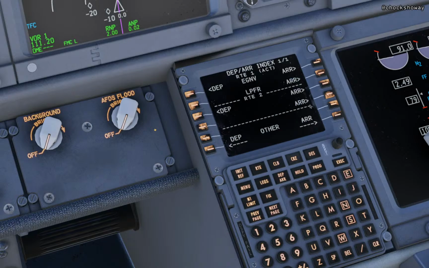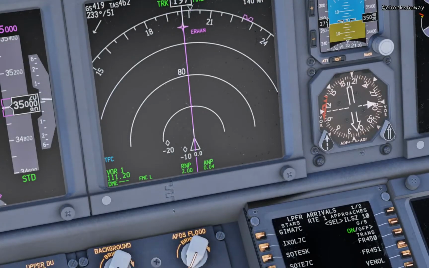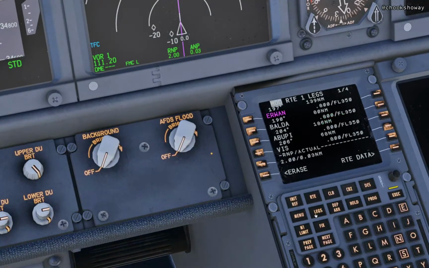So into departures and arrivals, into Faro, we want to do the ILS Z. Yeah, we'll do the ILS Z, just because it's more fun. We're going to do this Sotex. What's the difference? Sotex 5 kilo, possibly? If we go to